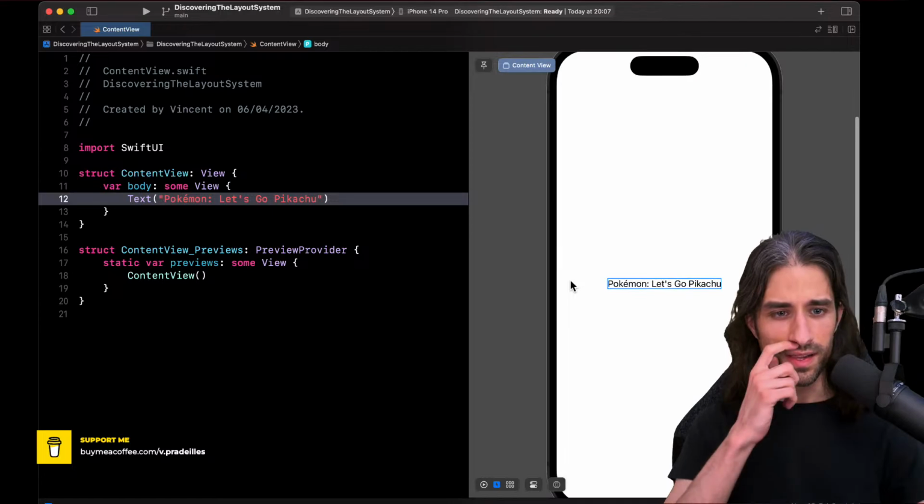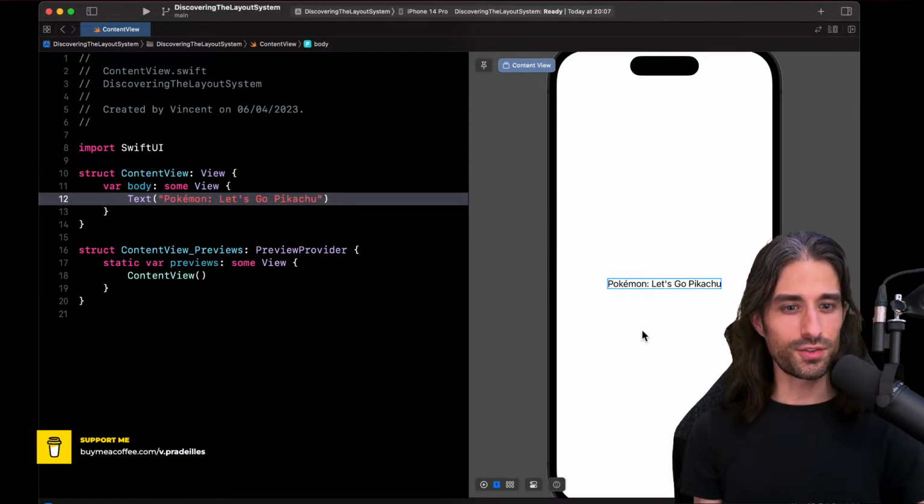Okay. Why am I showing you this? Because you can notice that the text only takes the space it needs. And this is very significant because, as we're going to see more and more in this chapter, there is a whole variety of SwiftUI views which are called fitting views, and they're called fitting views because they will take the size that fits their content, nothing more and nothing less.